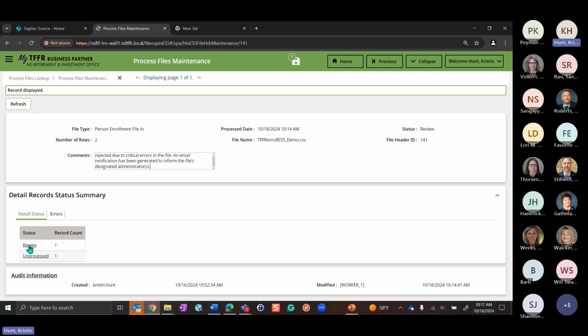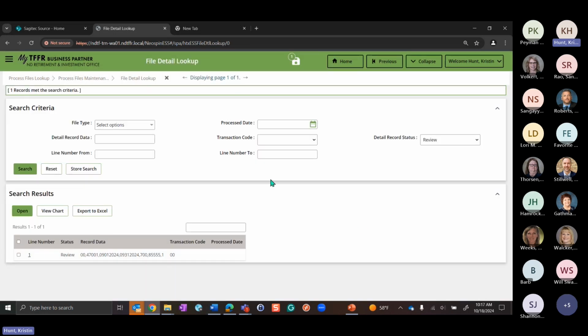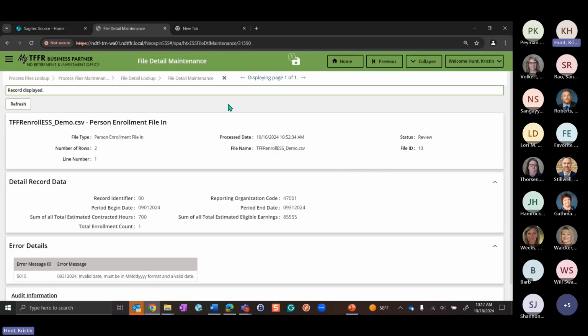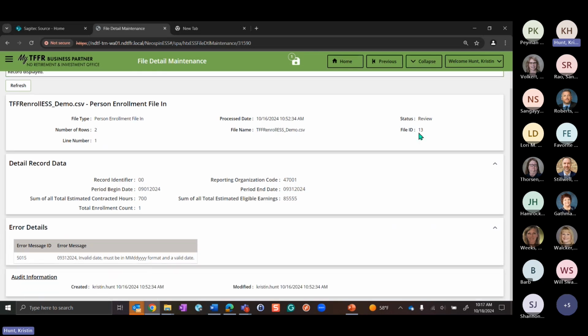I want to look at the review one. So I'll click on this hyperlink, and then that populates the actual line item or line number, where I'm going to click on that, and then I can view it in more detail. Once I do that, it takes me to this file detail maintenance screen where I can see why this line